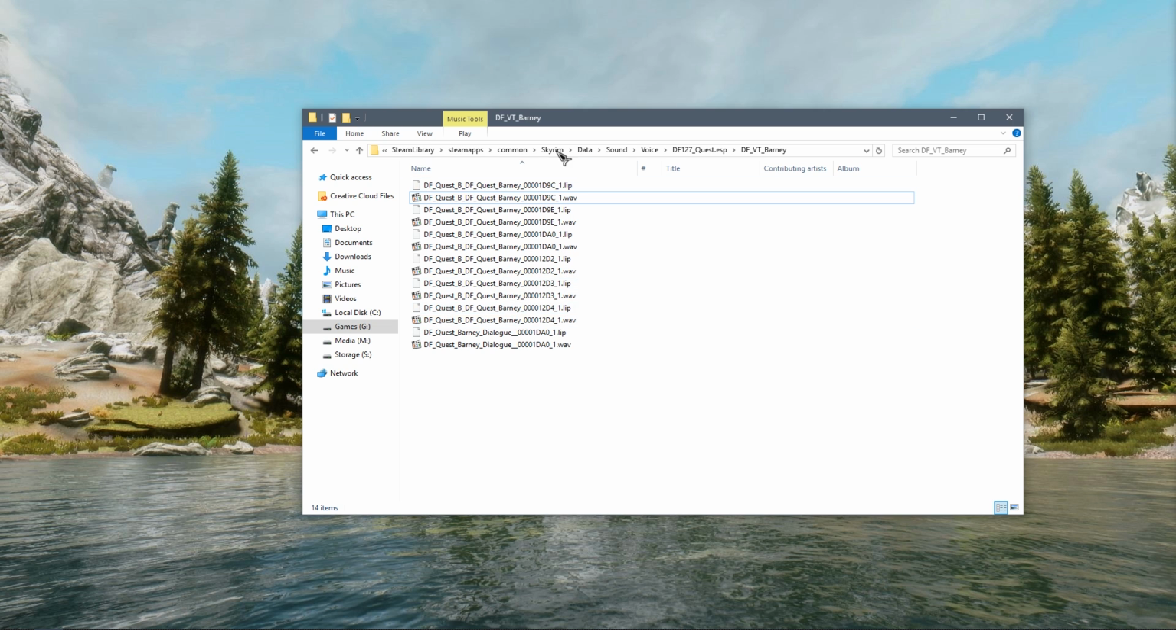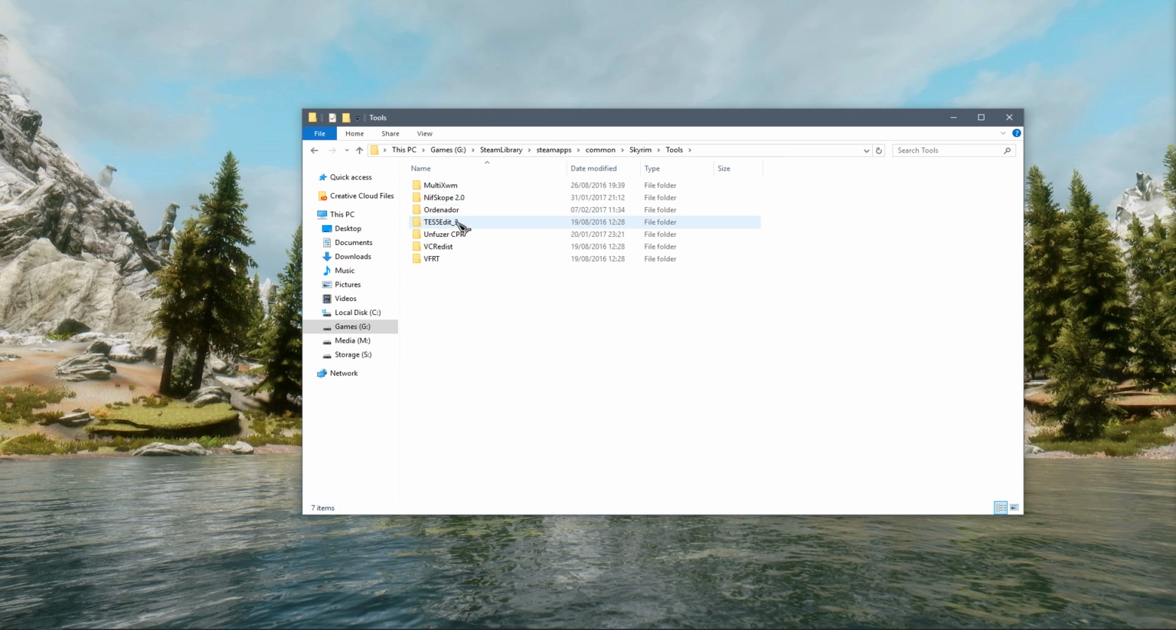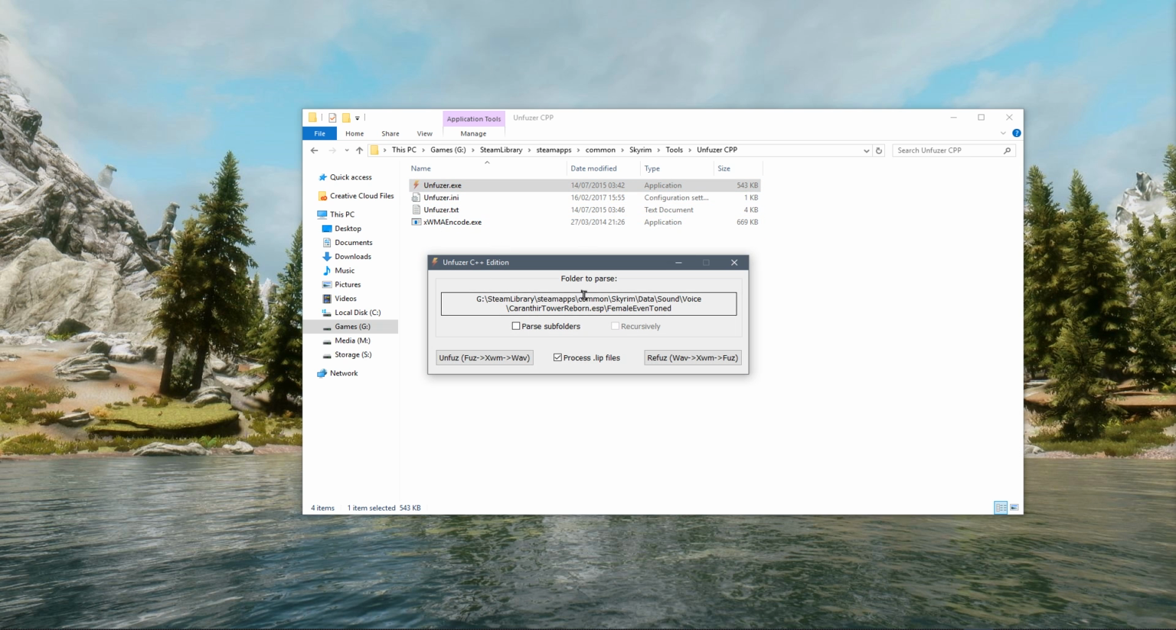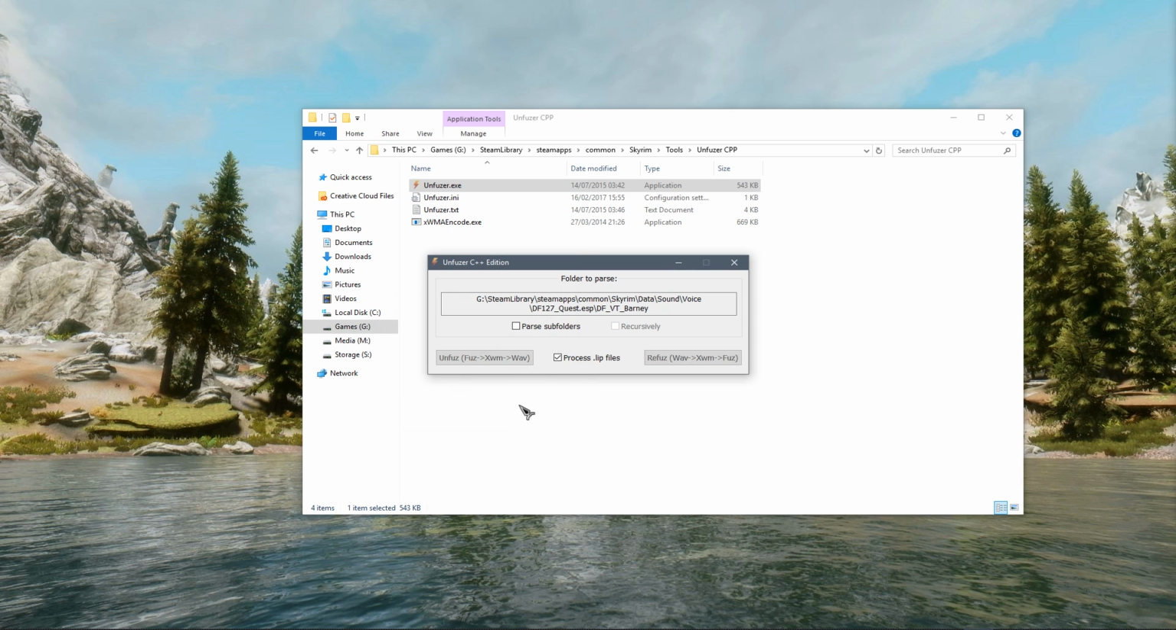Now, luckily, there's a fantastic tool on the Skyrim Nexus. The link will be in the description. So if I go under my tools, it's called the Unfuzzer. And if you load this up, simple executable, click on here and you navigate to your directory. So it's already gone some of the way there for me. So if we go to DF127 Quest and just click on my folder for my voice type and hit OK,